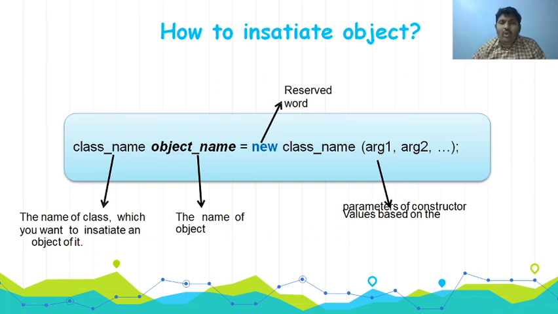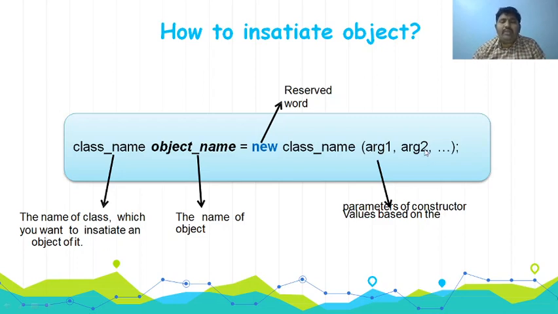Now we are going to see how to create an object for a class. We know how to write a class, but now I will show how to create an object for it. We need to write the class name, then specify the object name, then equals, then use a special operator called new. The new operator will allocate the memory. Then we specify the class name again and pass whatever arguments we want.